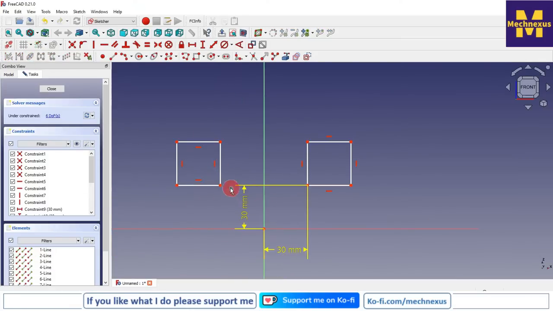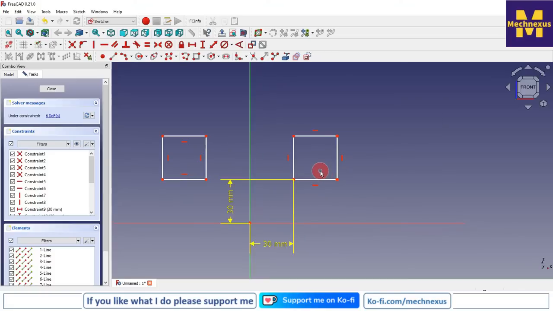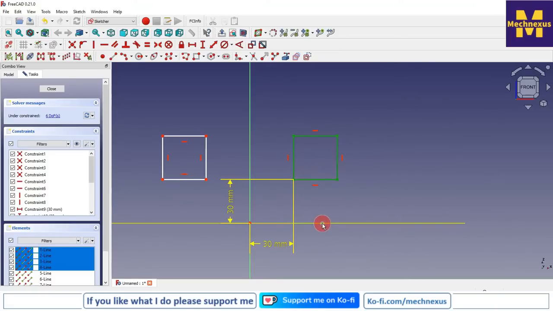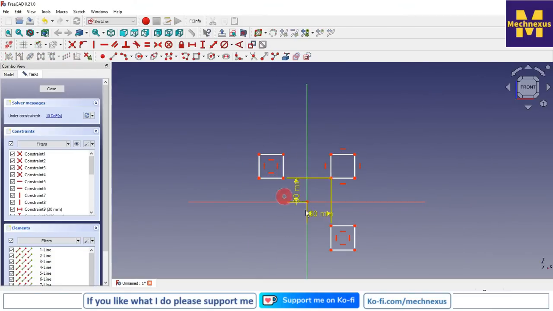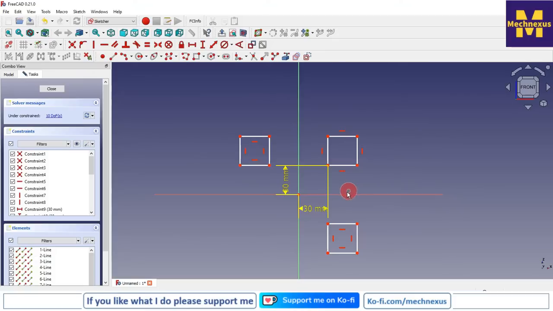So you can see that it got symmetric with the axis. Similarly, I select all this and press the control key and select this horizontal axis and click on the symmetric. So you can see that it got symmetric with respect to the axis. So in symmetric constraint